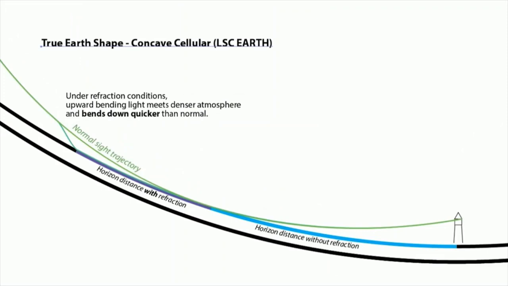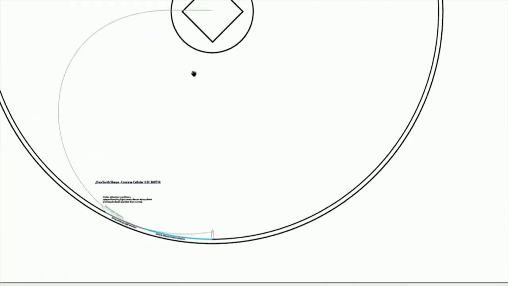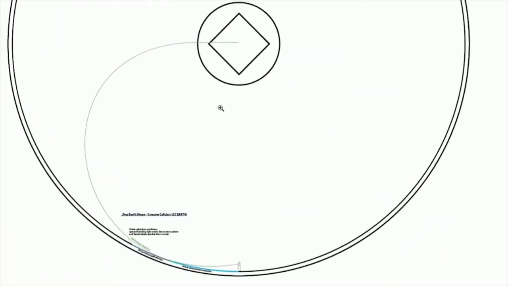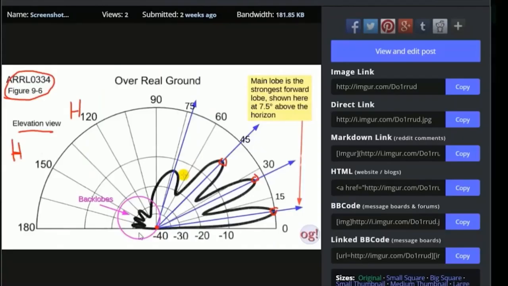And yes, atmospheric refraction will cause the light to bend down. However, the light is intrinsically bending upward toward the center, where we have the octahedron. This is also evident in ham radio horizontal antennas, where the energy will always be bending upward. This is a horizontal ham radio antenna, and you'll see these different lobes of energy, and it's always rising. Even the lowest lobe is rising at 7.5 degrees above the horizon.